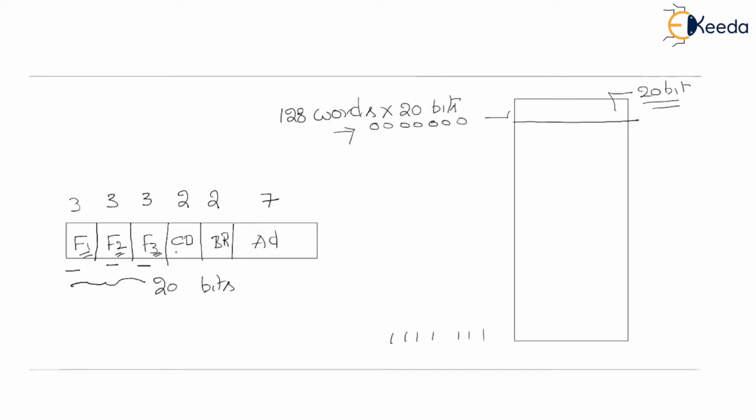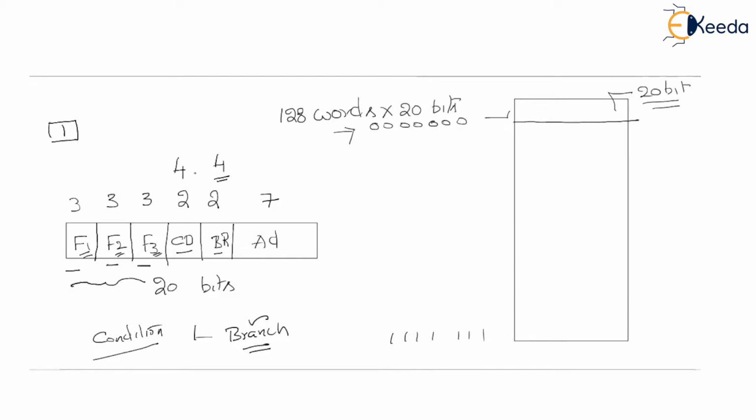Stay focused. This CD and BR are actually the branch fields, in which CD field is for condition, BR is a branch field. If you want to take a branch, you need to satisfy the condition. Mind you, in the previous classes, we have discussed that even an unconditional branch also will get treated as a conditional branch. For that, we are going to watch a flag which is always set to 1, right? So this CD is equal to 2 bits and branch is equal to 2 bits, in which 4 conditions can be specified, 4 branches can be specified.